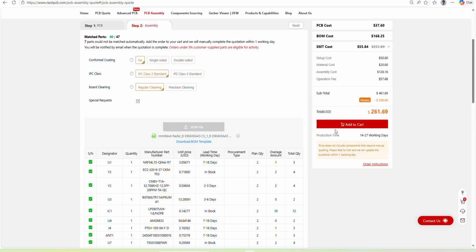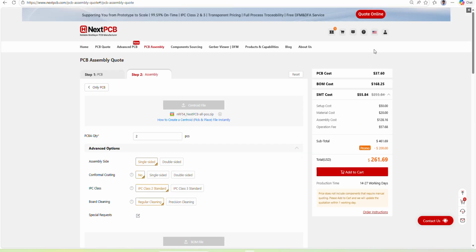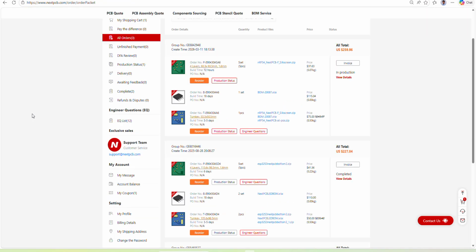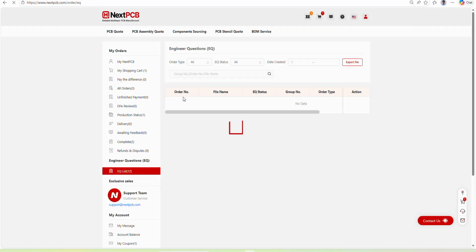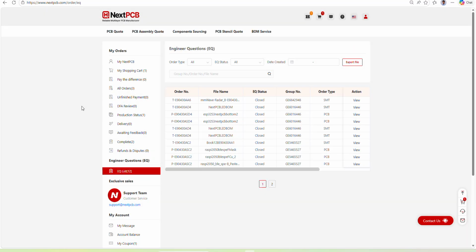Then you can just click on Add to Cart, and once you have done that, you can track your order in all orders. So here there are some things that you need to look at. After you order the PCB, just have a look at EQ questions, that is engineering questions. They may ask you some questions here, and you should answer those DFA queries on this